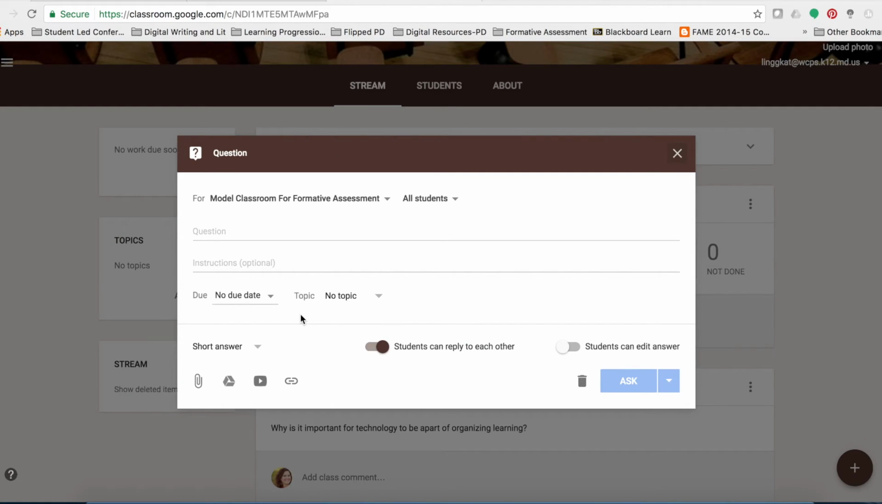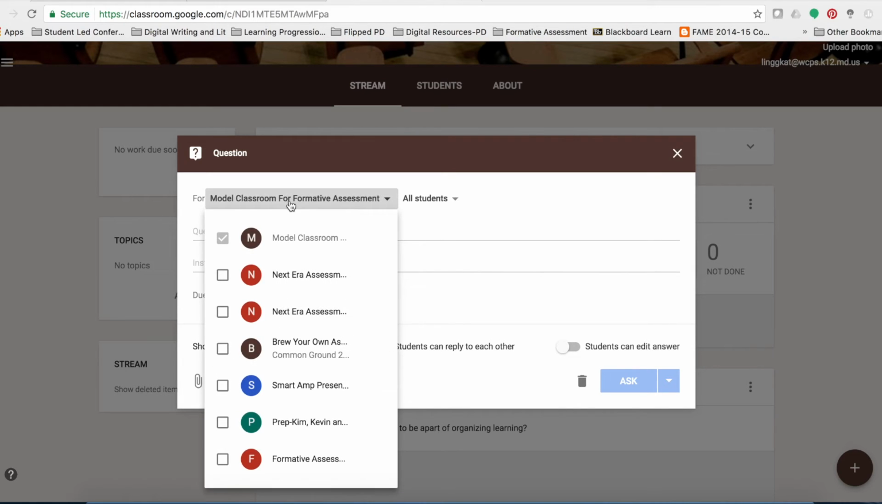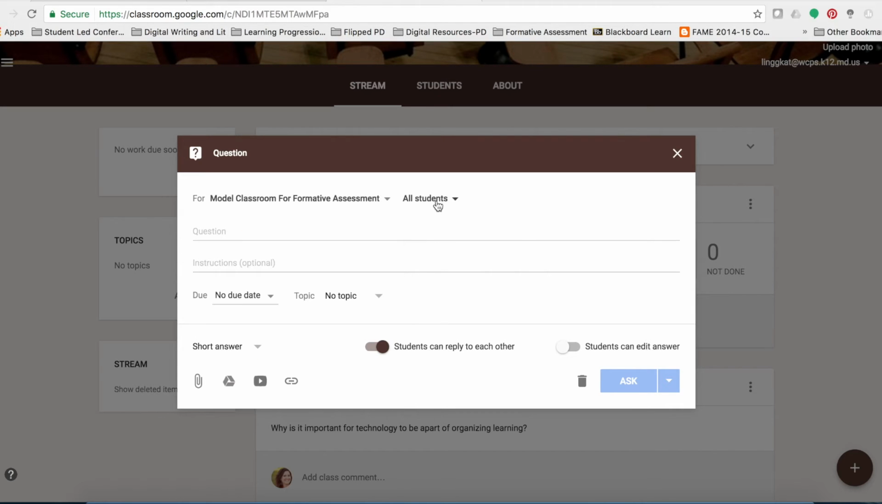This box appears, which looks almost identical to what the assignment question was. You complete the information by selecting the classroom you would like to answer the question, the students that you would like to have answer the question, and then you can post the question yourself. If that question has any specific details, make sure to include it, as well as the due date and the tag or the topic. You can select it to be a short answer question or a multiple choice question, and